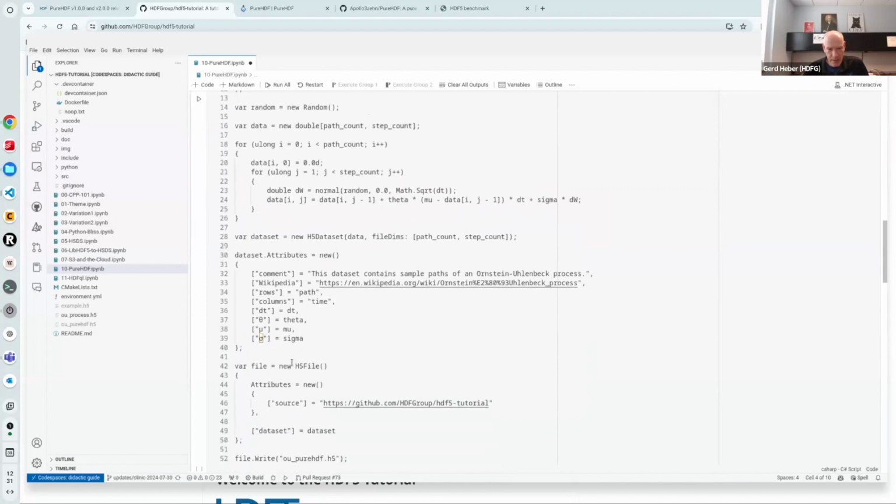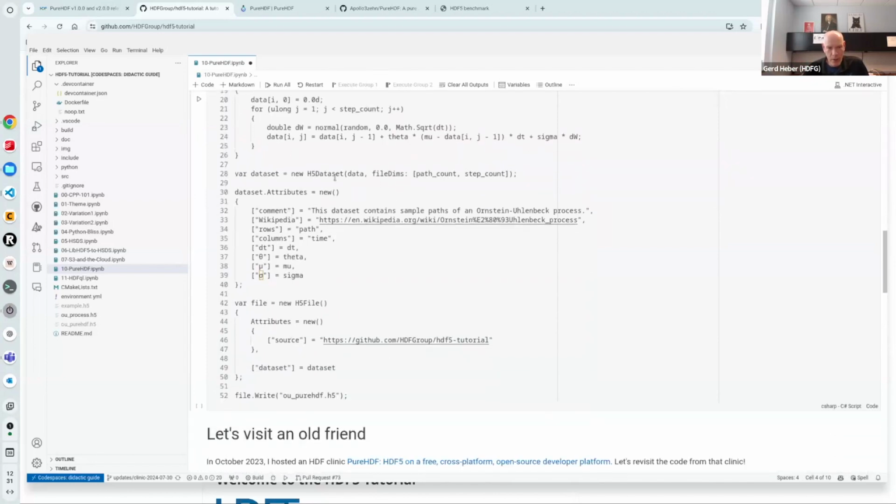And then here is the C# code that basically creates a new data set, decorates that data set with a few attributes, a comment, a link to a Wikipedia article about this particular process, and then since it's a two-dimensional data set, how to interpret rows and columns, and then calibration parameters like the time increment and drift and mean and things like that. And then we just run that, and that would create an HDF5 file called OU